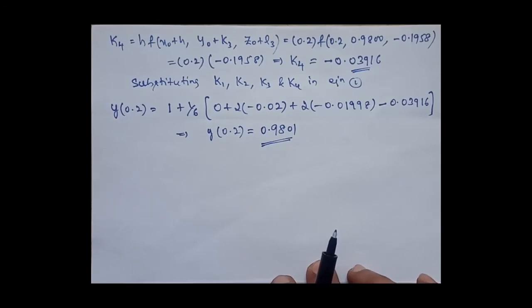So this is the required solution of your problem according to the fourth order Runge-Kutta method. This is how we can solve second order ordinary differential equations using the fourth order Runge-Kutta method. And remember, this is a common procedure for all problems of second order in the case of the fourth order Runge-Kutta method. Whatever we have discussed in the first problem, the same procedure is applied for the second one, and you can apply this procedure for the remaining problems also.